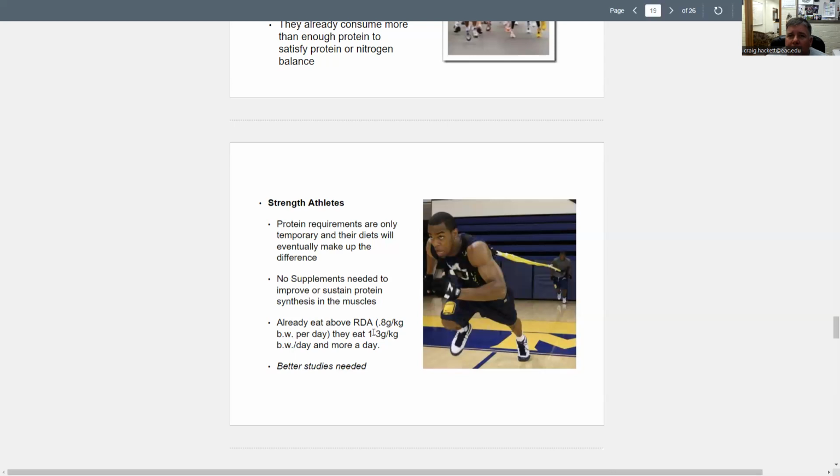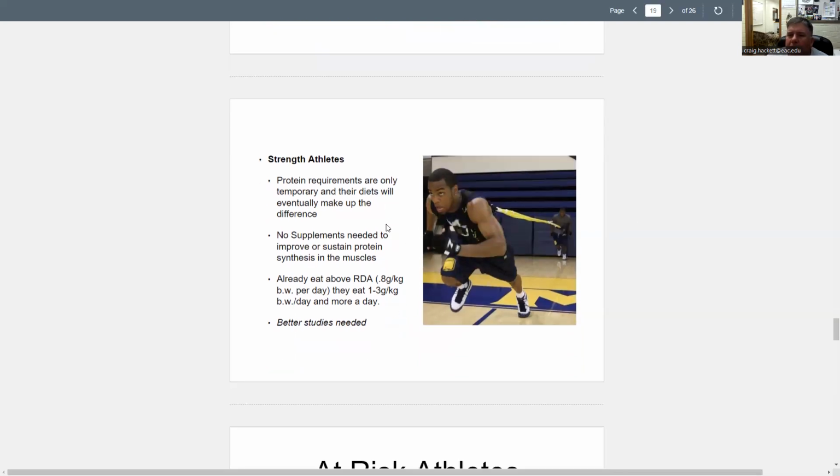And so we have this belief in society that protein supplementing, if you're even thinking about going to a gym to work out, that you better get a protein supplement. And it's not necessarily true. In a lot of cases, it's just a waste of money and resources. So we're still looking at that. They're still studying it. And we've got more people working out and lifting weights now than ever.